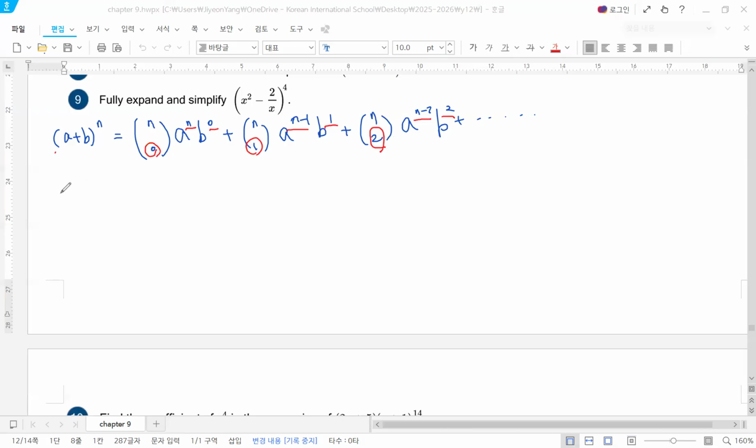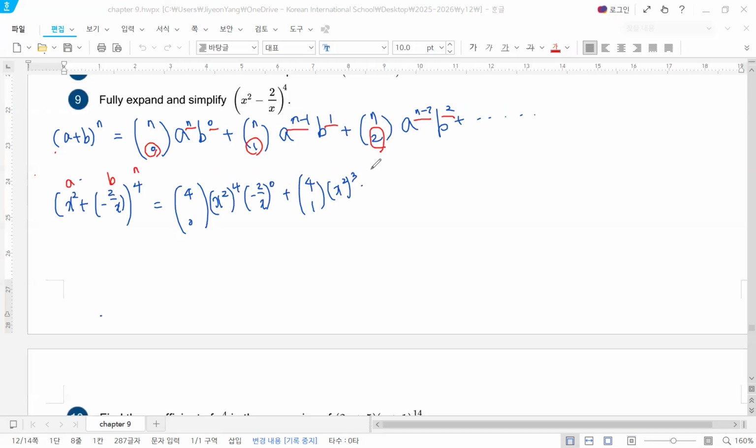The given expression is (x squared plus negative 2 over x) to the power of 4. Please consider x squared as a, negative 2 over x as b, and 4 as n. So we have 4C0, x squared to the power of 4, negative 2 over x to the power of 0, plus 4C1, x squared to the power of 3, negative 2 over x to the power of 1,